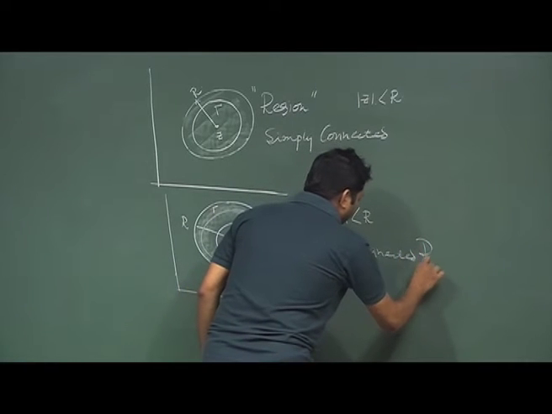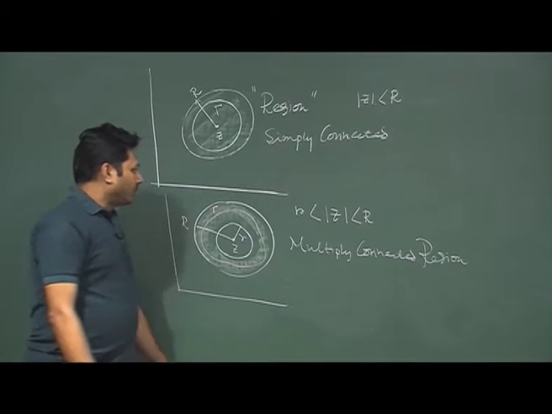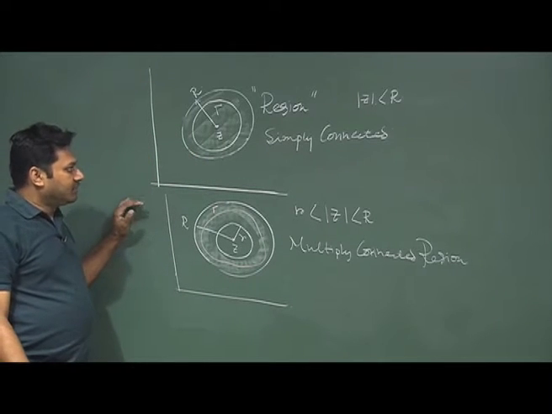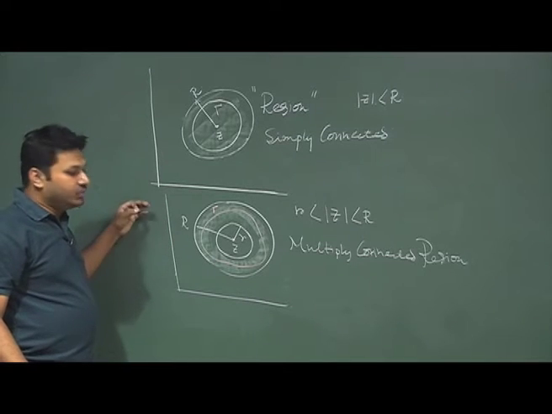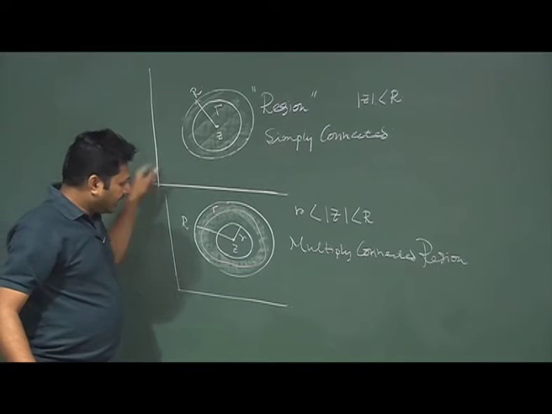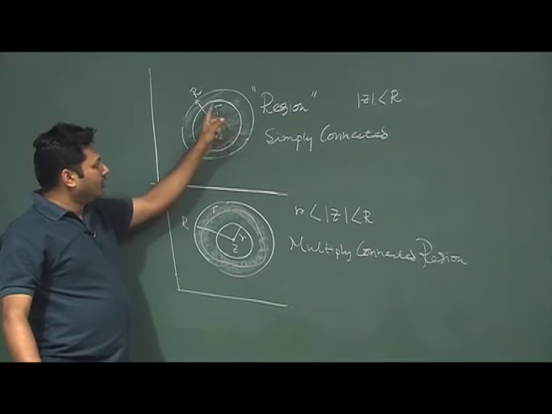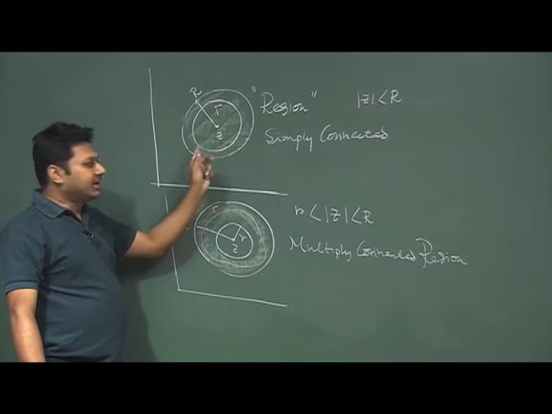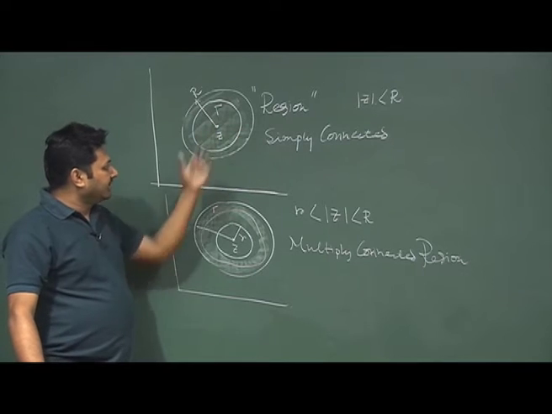Multiply connected region. Okay, so far we have learned something about the line integral. However, the line integral calculation we did not do, we will do shortly, and also know that if the line is closed, then I will have a closed kind of loop, and there also I can integrate, and this loop can be associated with certain region.